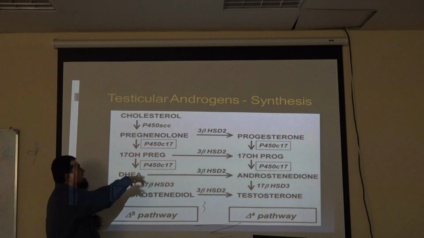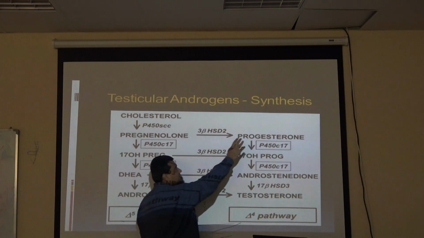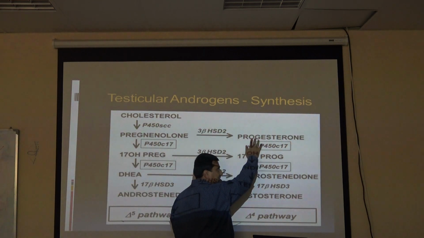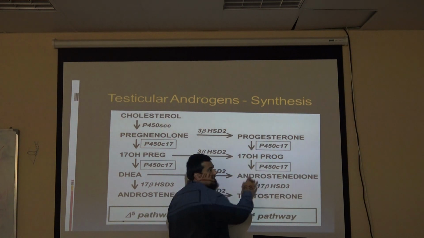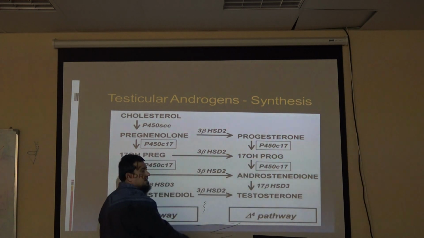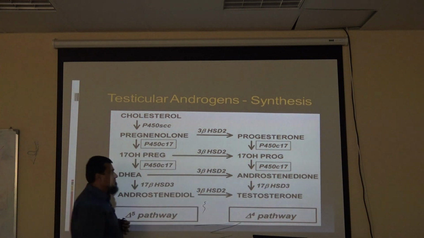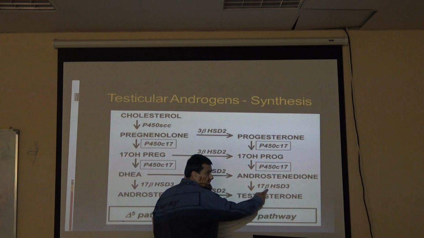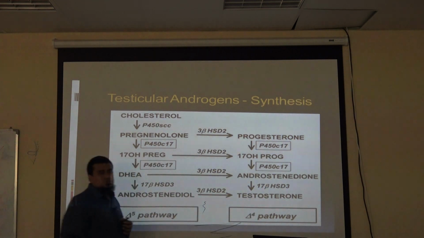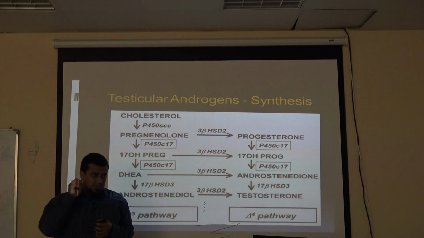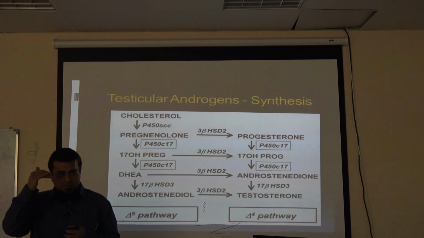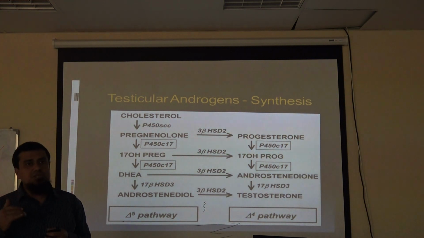On the other hand, the pregnenolone can be converted into progesterone in the initial phase, and then this progesterone undergoes a series of chemical reactions, and this is called the delta 4 pathway. And in the end, if you see, you will get testosterone. Clear? So to remember this pathway, you don't need to remember the steps, but what you need to remember